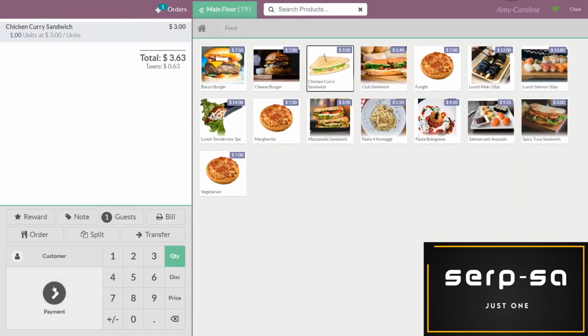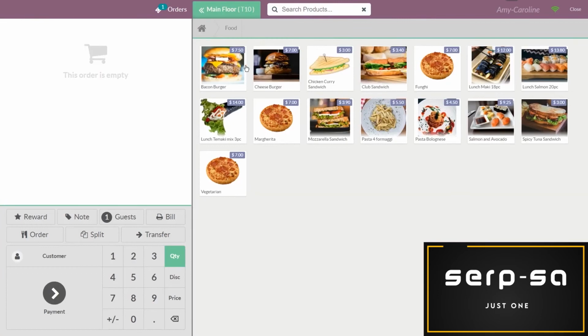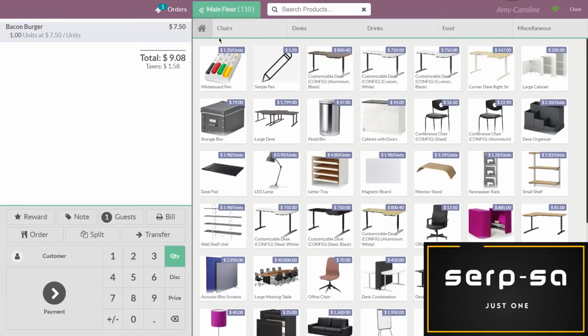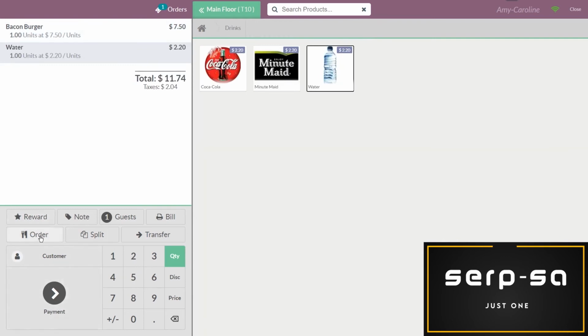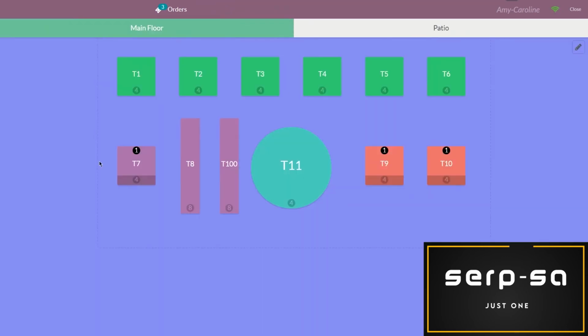We're gonna add this sandwich, that's all they want. So we're gonna click on order, go back, also another bacon burger, and this time some water as well. All right, and we see those orders. We have a little one, so we have those orders that are sent to the kitchen. Now, customers just need to wait for the kitchen to prepare the meals and then they will be able to